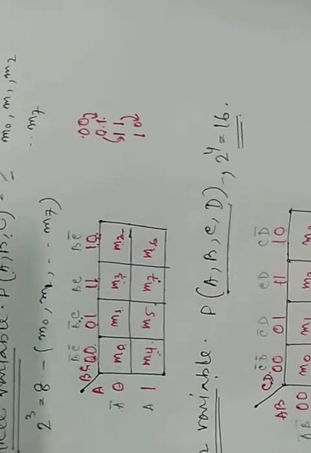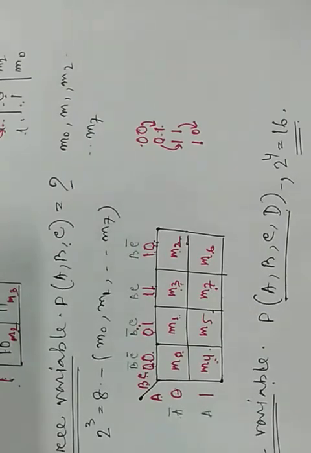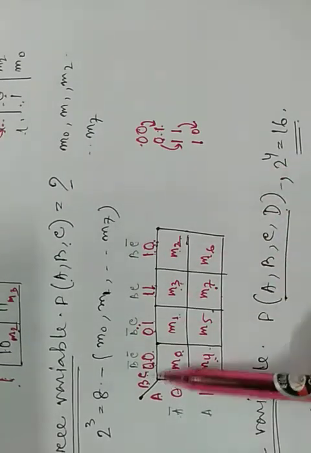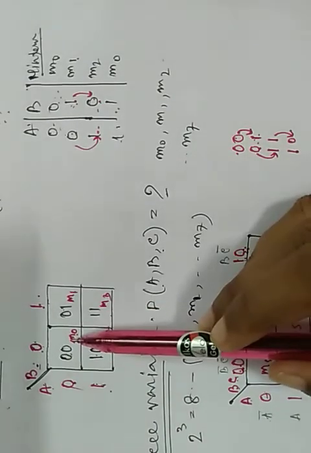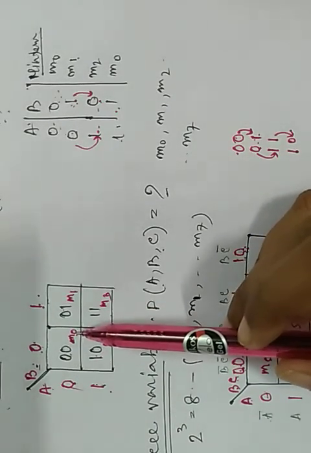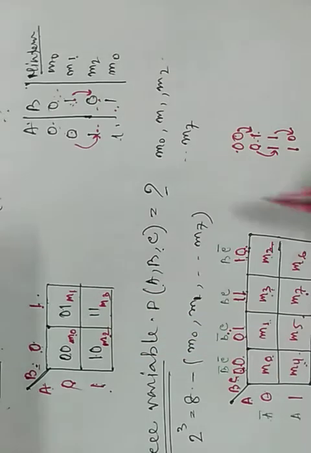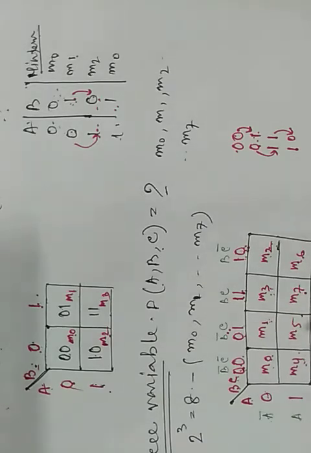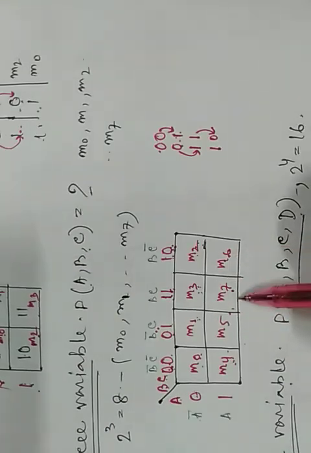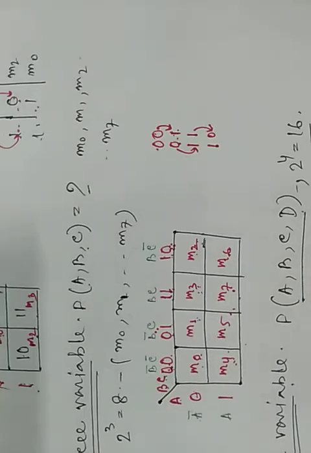Now we are going to simplify: how to do simplifications, how to represent a min term expression in a Karnaugh map. So mainly we require our 2 variable and 3 variable. For 2 variables, I hope you understand, M0, M1, M2, M3, and for 3 variables M0, M1, M2, M3, M4, M5, M6, M7, like this way.